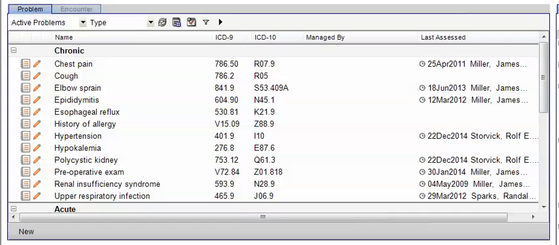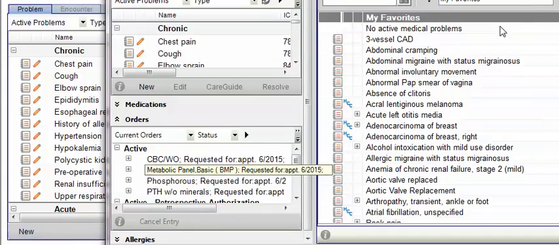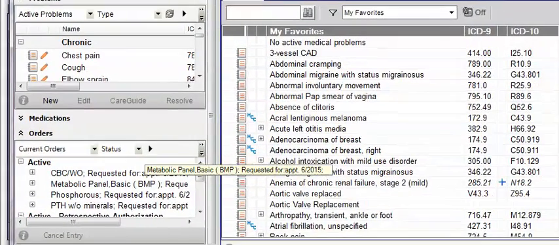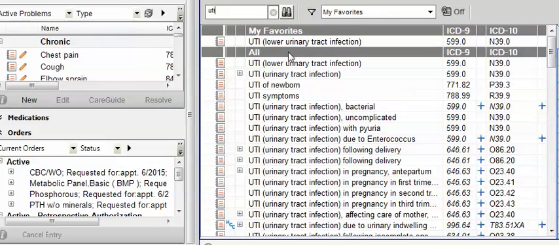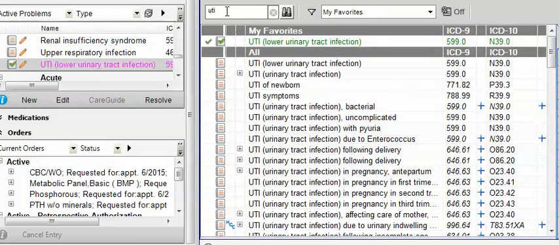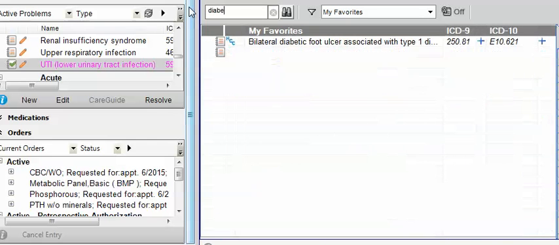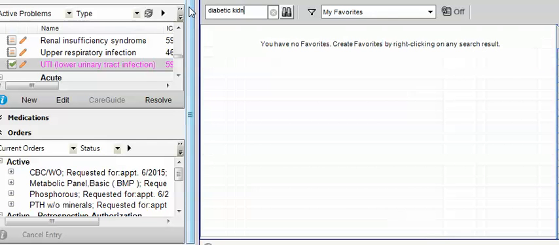This patient presents with a UTI and also has stage 4 diabetic kidney disease and major depression. So let's add these diagnoses to the problem list. First, we'll start off by adding UTI, then diabetic kidney disease,